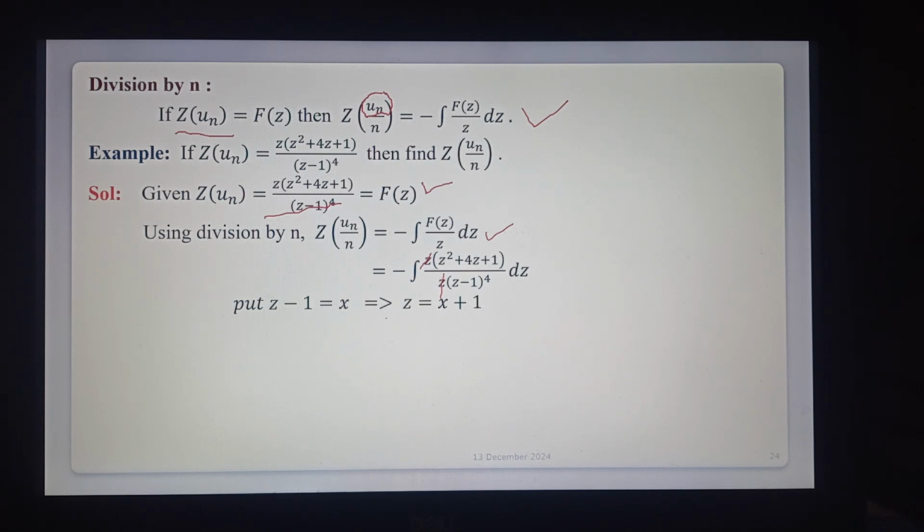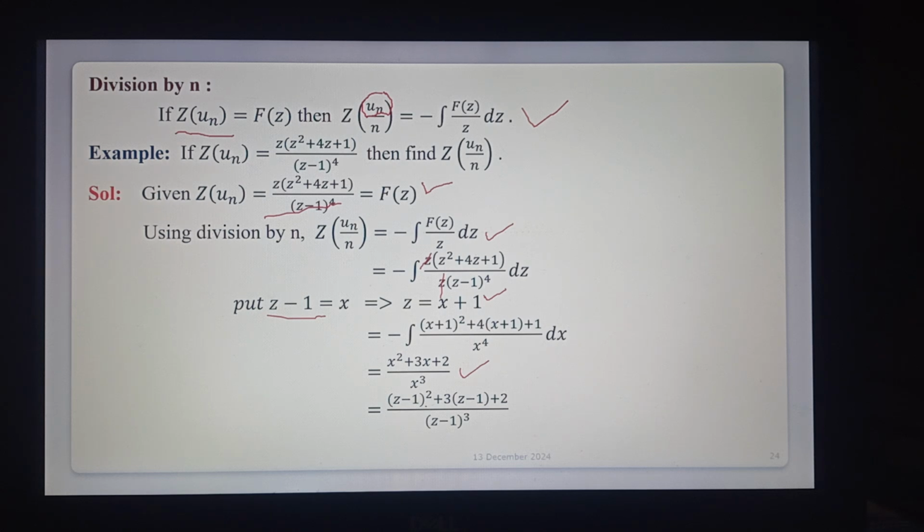Directly finding the integration by using partial fractions. For z minus 1 whole power 4, we can resolve into partial fractions, or otherwise use the substitution method. So substitute z minus 1 is equal to x, so z is equal to x plus 1. That is equal to minus integration of, replacing z with x plus 1, x plus 1 whole square plus 4 into x plus 1 plus 1 by x power 4. After simplification and integration, the required value is x square plus 3x plus 2 by x cube. Substituting x equal to z minus 1,